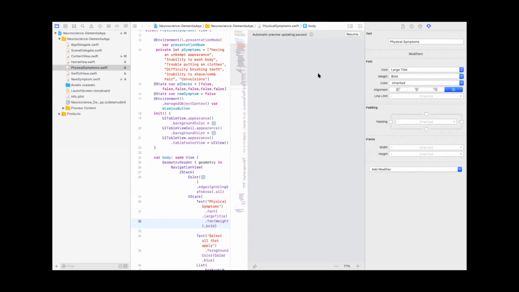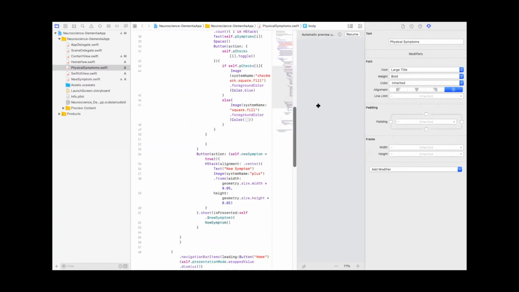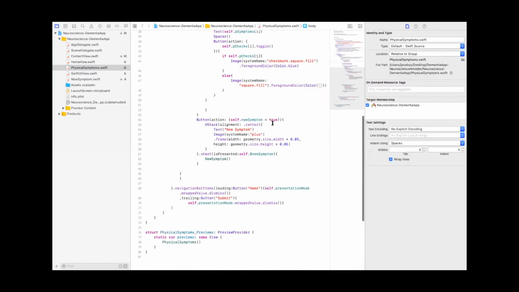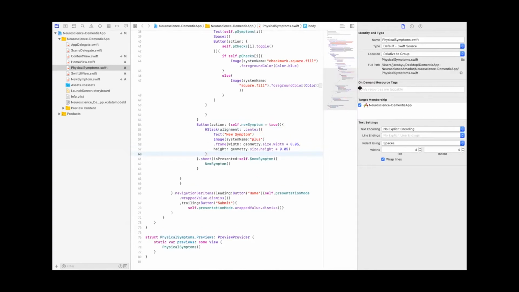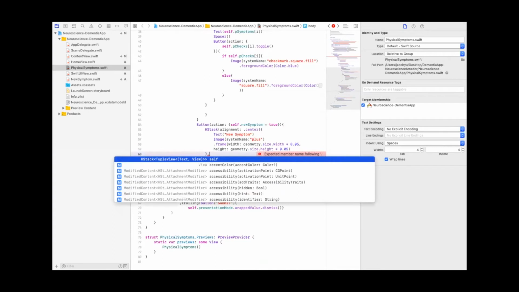new symptom button. Okay, so if we're going to add a new symptom button, or I mean, we already have it, but make it look nice and presentable, right? So this is the new symptom button. It has a plus right now. And what we're going to do is add a bunch of stuff like Ellie did in the homepage so that it looks presentable, right? And so one of the first things that we want to do is